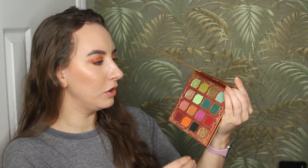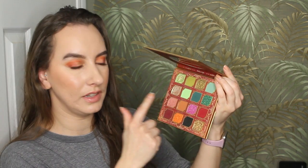It took me 30 uses to hit pan on the other Odin's Eye palette, so I would have had to use every shade in here 3 times and then 3 of them over 30 times. And while this looks beautiful, I'm so excited to use these greens in March and these warmer tones. Like this palette, yes, it's Christmas themed, but it's quite versatile, honestly. This doesn't go with a lot that I'm already working on, so I feel like this would be harder for me to incorporate really frequently